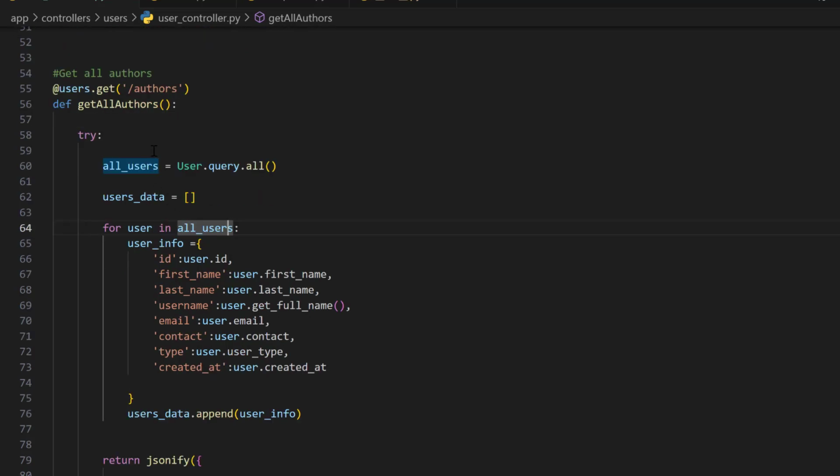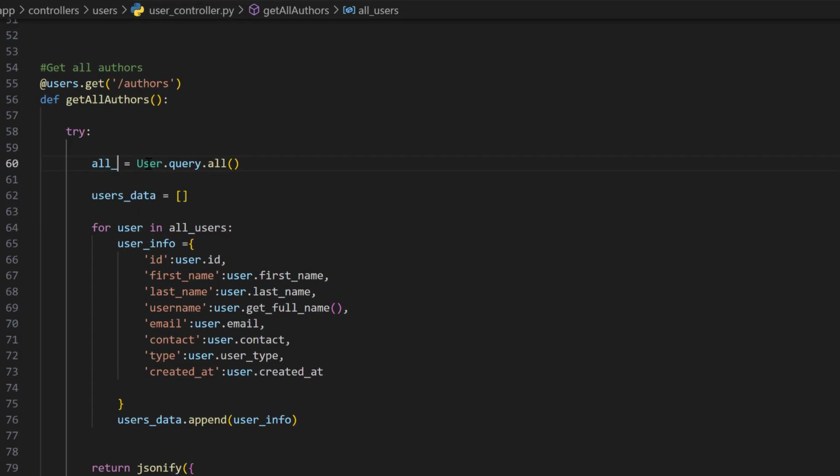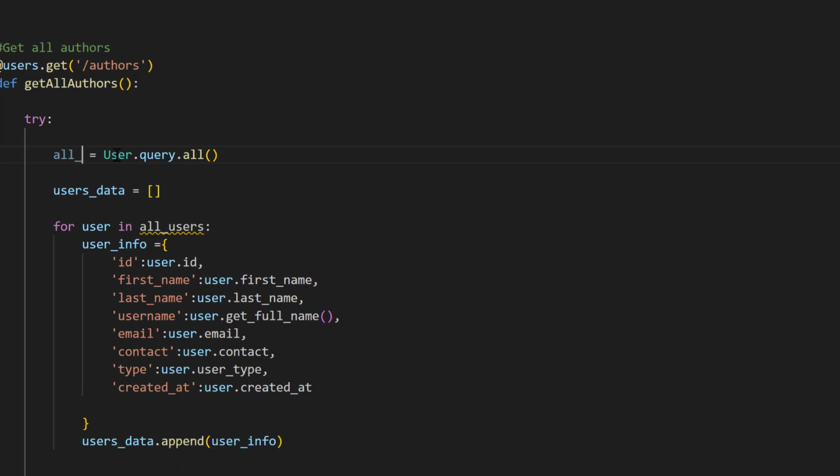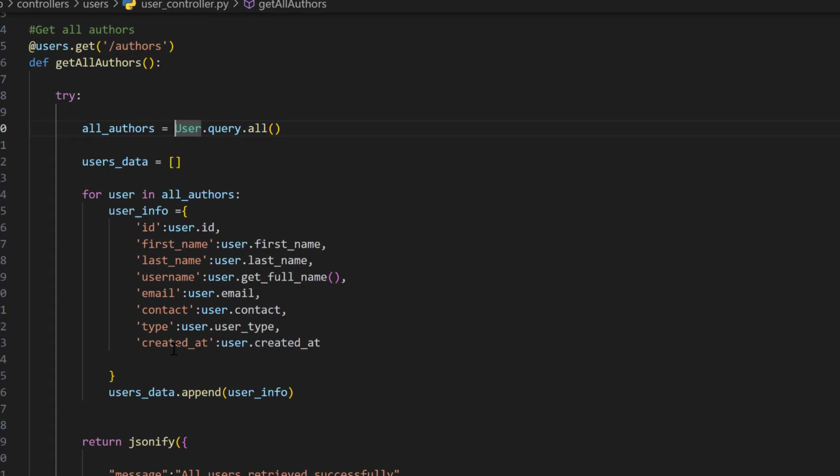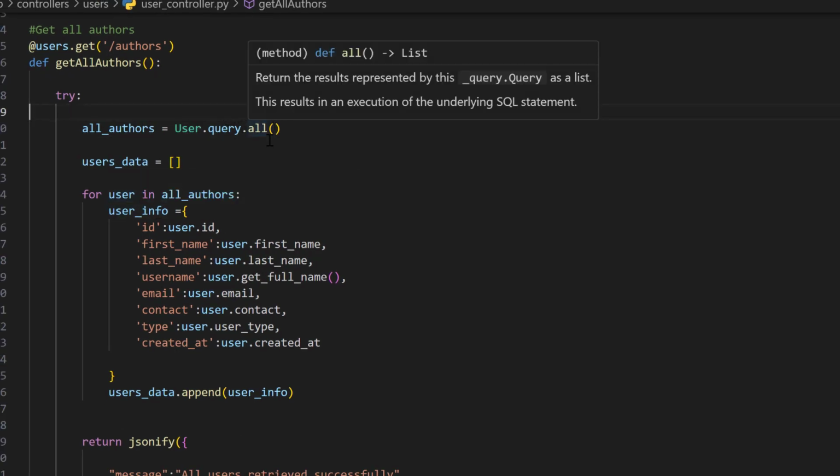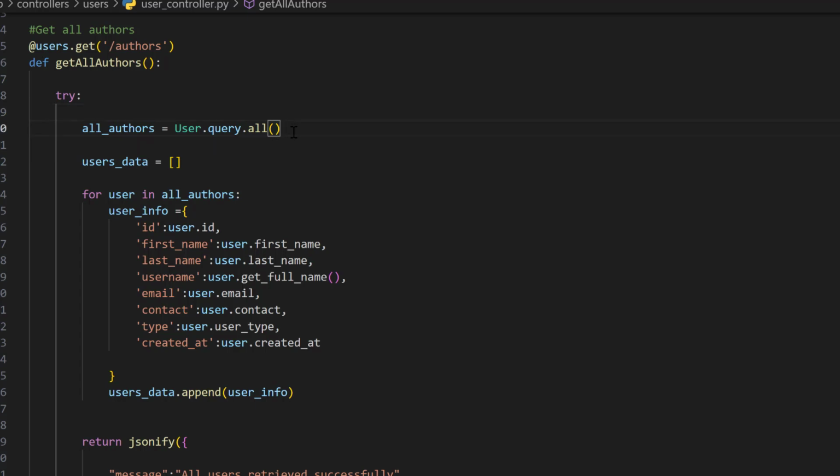Instead of a variable called allUsers, this is going to be updated to allAuthors. I can make sure that I'm renaming for all cases where this variable exists. Since we are only interested in fetching authors, we have to query the database in a way that filters the data to only fetch users with the type authors. So this is going to be